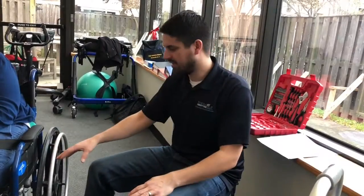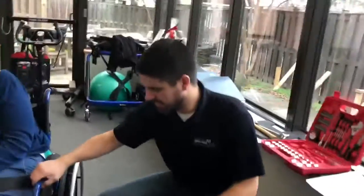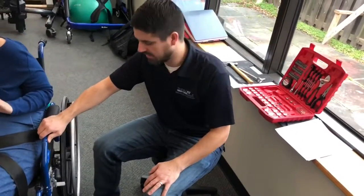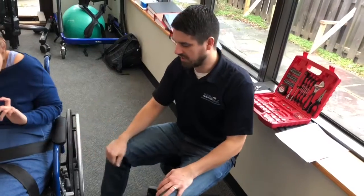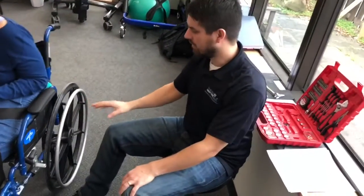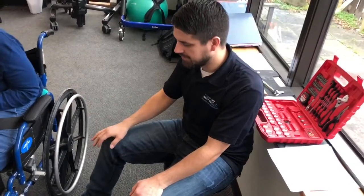I'm adjusting the brakes on this wheelchair to make it a little bit tighter so that it doesn't do this. Right now you can see that the brake's not really catching on here and it's just able to move the chair a lot. But the other thing I'm going to do is go through and explain a little bit about this chair